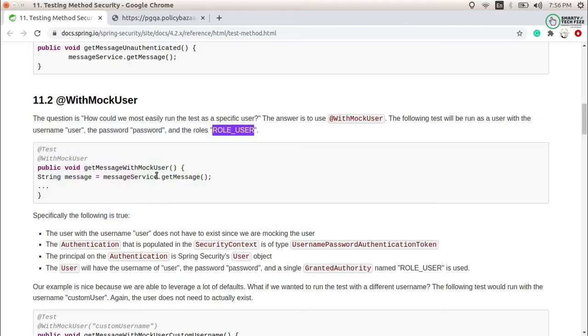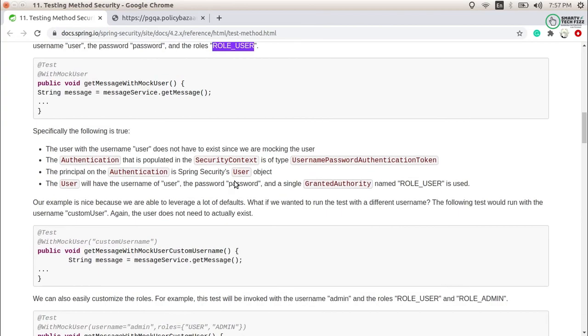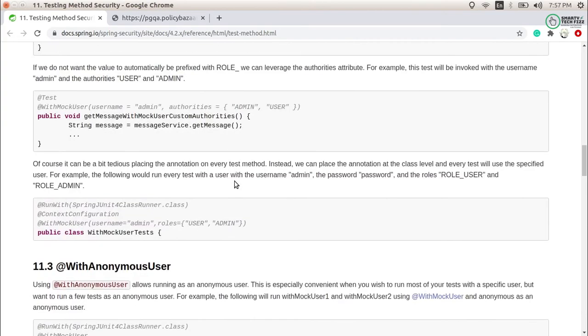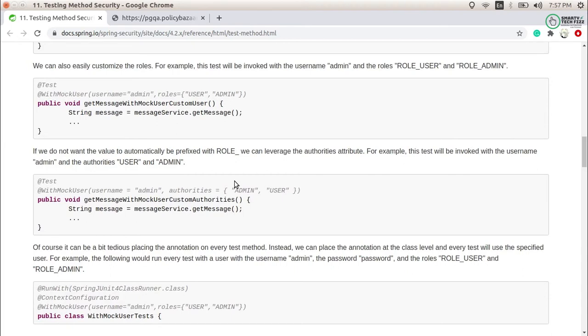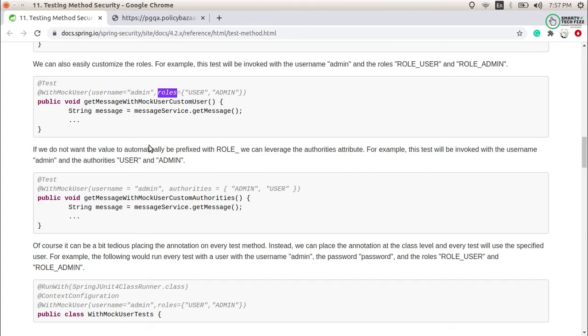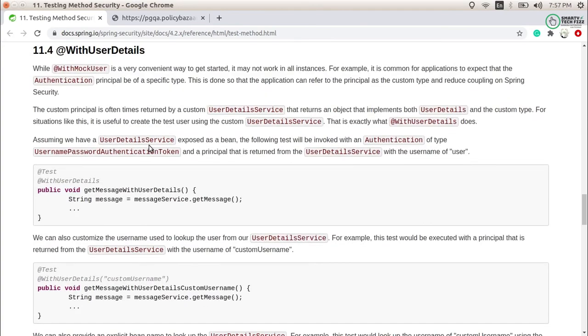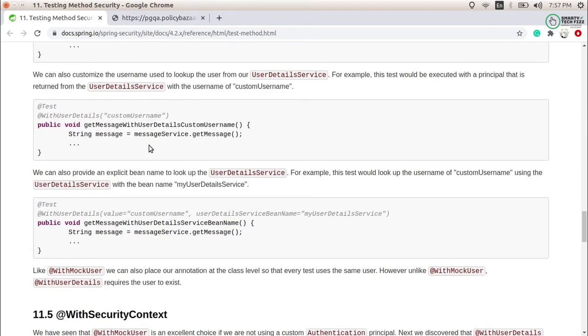Okay, you can go through the documentation given by Spring Security itself, and you can do multiple things that are present there. We are done with the class level mock user, we are done with the method level, we are done with the default values of the username. As I have said, you can even provide the authorities and the roles, with multiple roles, to a particular class, and you can do multiple things here. So that is all we have learned here about the mock user in Spring Security.